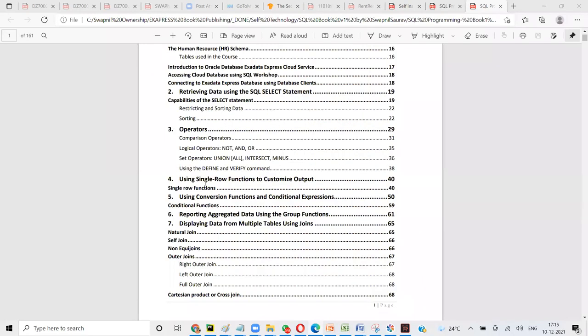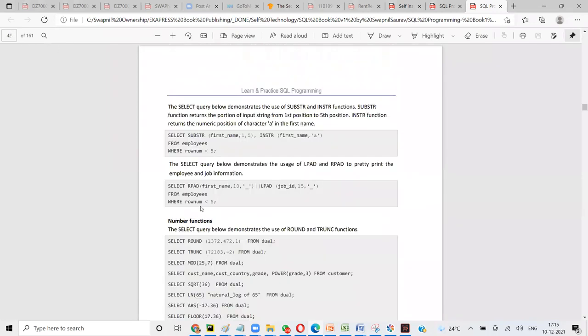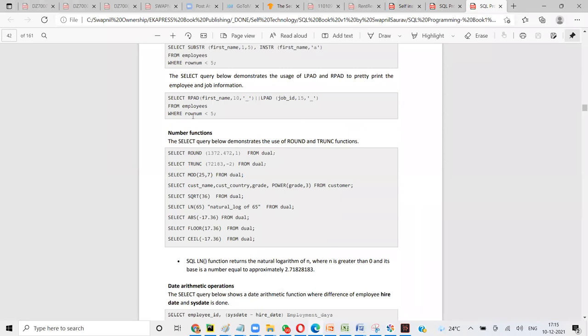Right. So single row functions also we did, isn't it? We did rownum. What does rownum do? Guys, what does rownum do?